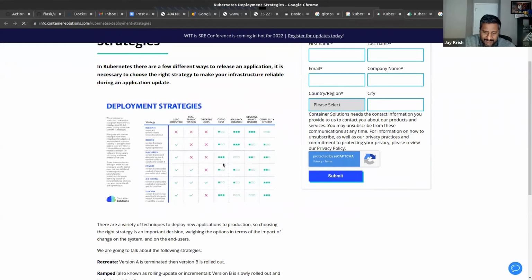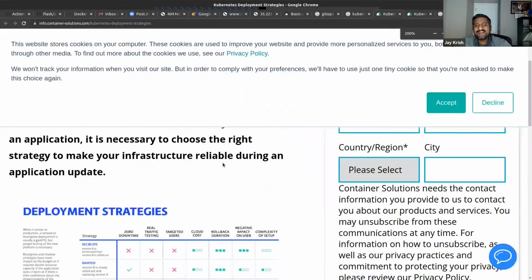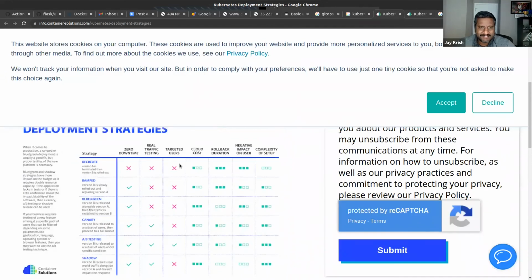That's called recreate. This is not Kubernetes as such. What it does is version A is terminated completely and version B is rolled out. So it means there is downtime. This is the old way of doing it. You shut down the old version, then update with the new version and restart the services of the new version. Correct? There is a downtime from 1 second to 1 minute to 1 hour. But it's a choice. In the Kubernetes world, nobody wants to recreate anything.